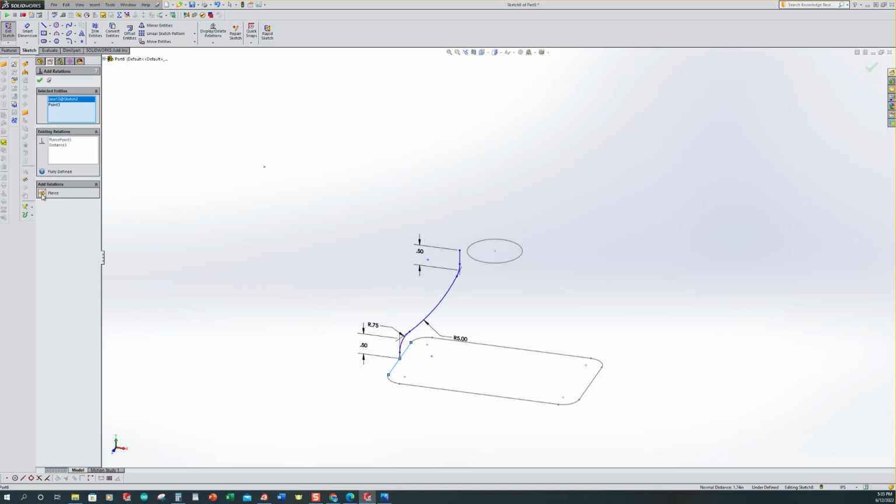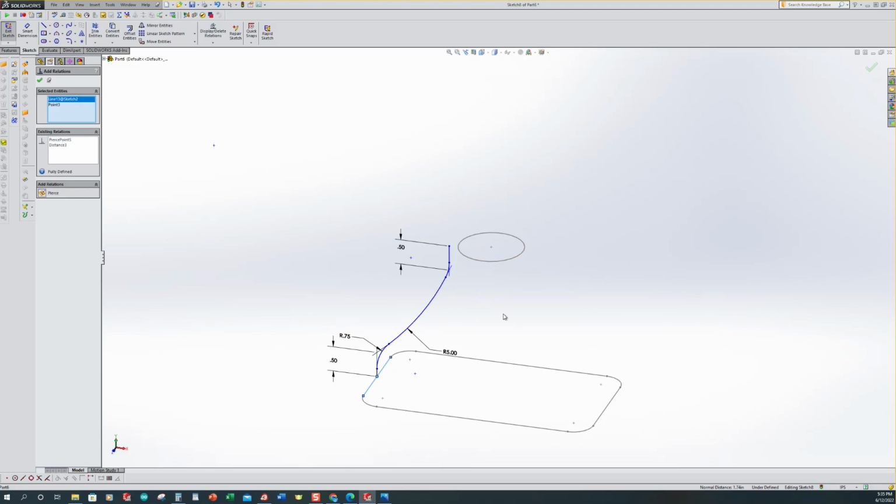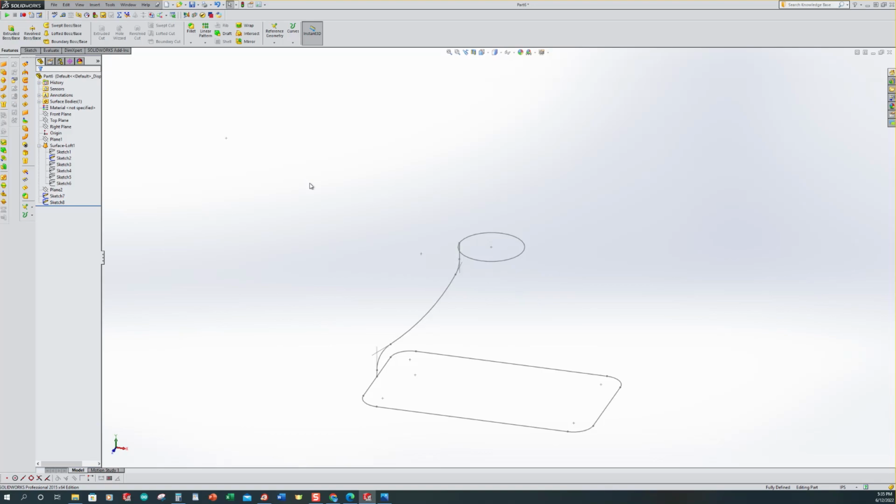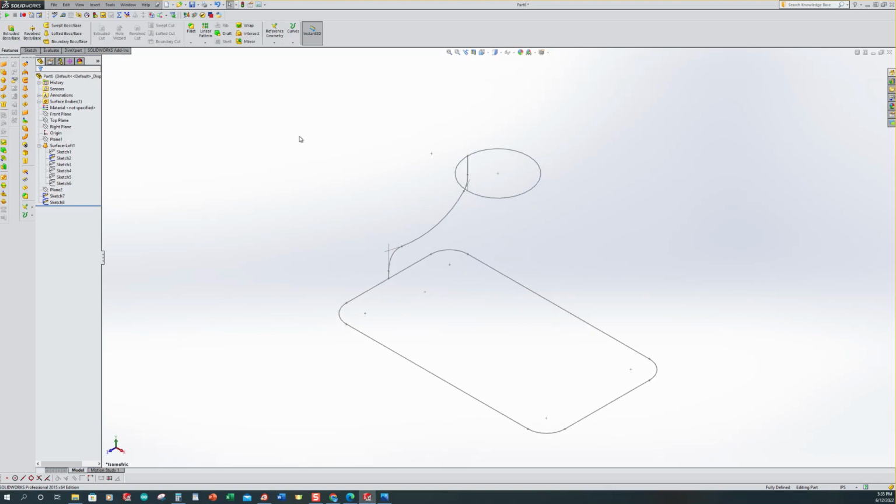So it brings it down. Same thing. If I select something completely independent of those two, it's going to accept that and move on. So upper endpoint and the circle itself, and I also want to pierce that. We are now fully defined. So accept it, fully defined on the bottom right, exit your sketch, Control 7, and it kind of fits just